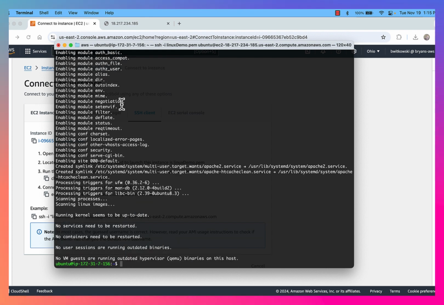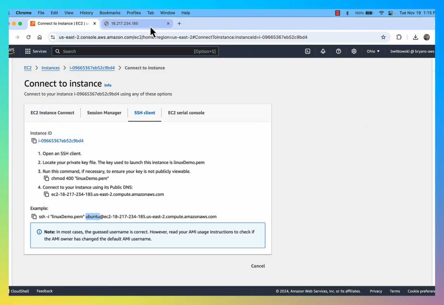Okay, and then once this completes, we've actually handled the issue that we were running into where when we went out to a browser and we typed in the IP address, we weren't able to see a response. The first issue was we had to be able to pass through the firewall. We fixed that already. Now we are able to pass through the firewall, and now because we've installed Apache,